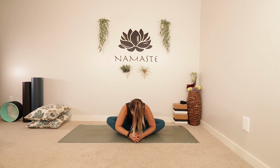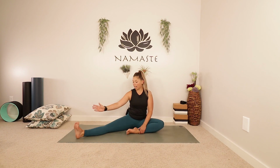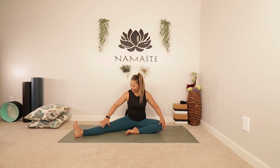Awesome, you guys. If you are folding, let's use an inhale to bring yourself back up. We're just going to keep our left leg bent in and extend the right leg out. So nice and wide. If you are sitting sideways on your mat, that leg is pretty far out to the side. So bring it all the way out to the side so we can get a nice inner thigh stretch,